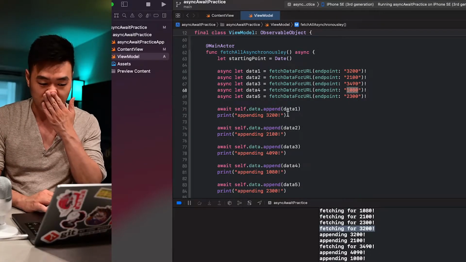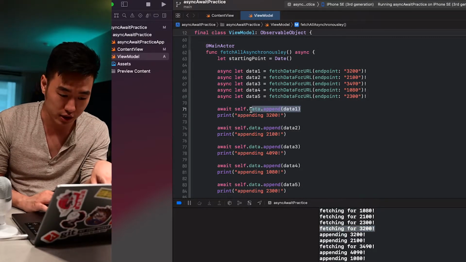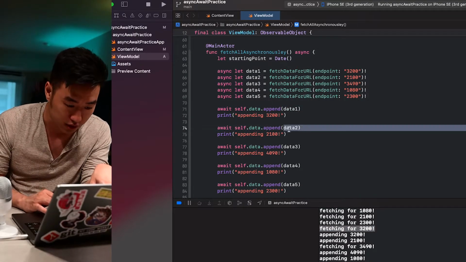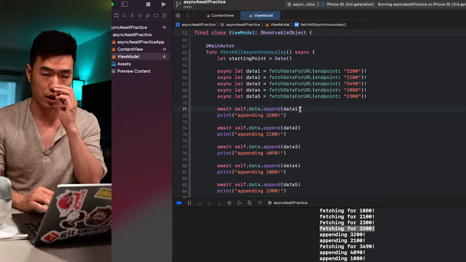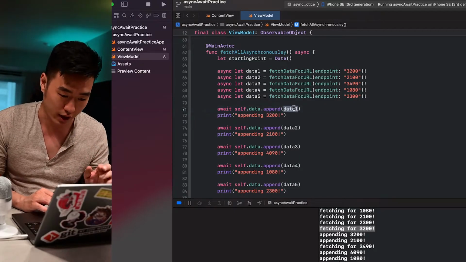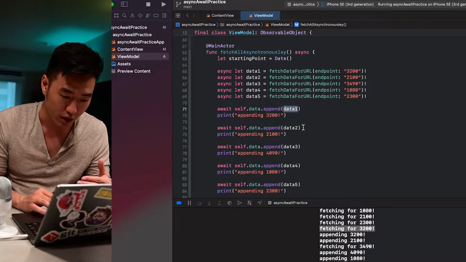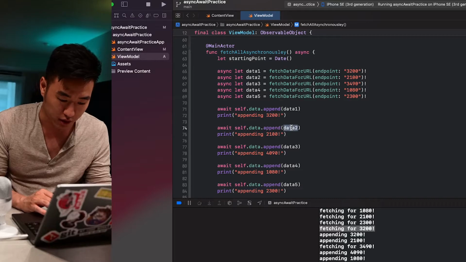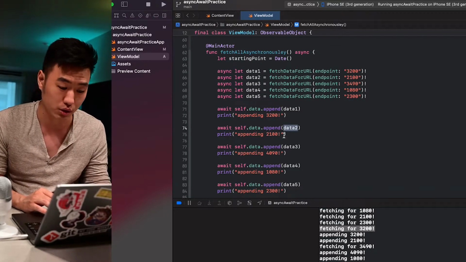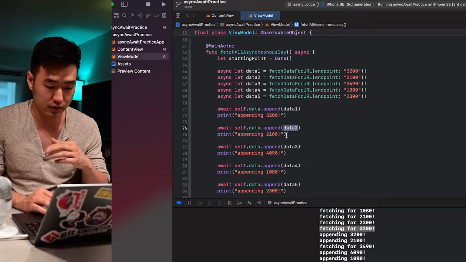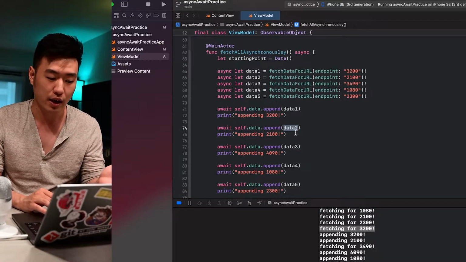And right now, none of these lines can get executed because we are waiting on this one at the moment. So as soon as this one is done, appending data, so basically 2100 gets done, and then